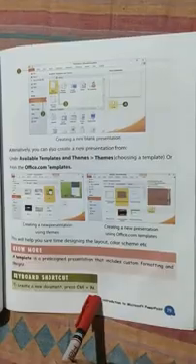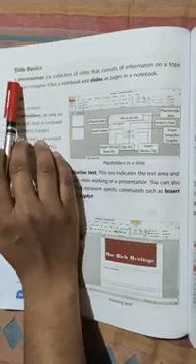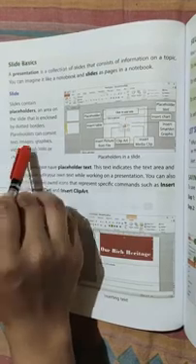Got it student? Now slide basics. A presentation is a collection of slides that consist of information on a topic. You can imagine it like a notebook and slides as pages in a notebook. Understood? Now slides. A slide contains placeholders, an area on the slide that is enclosed by dotted borders.